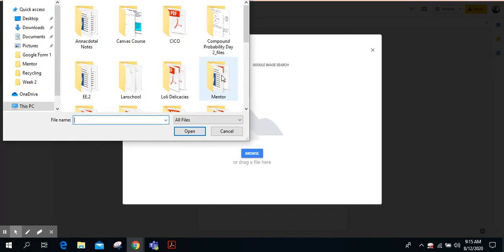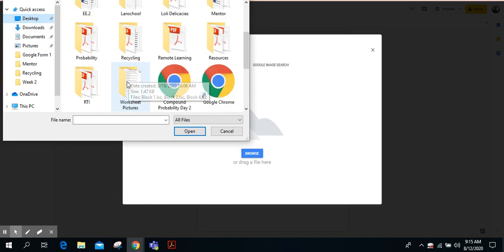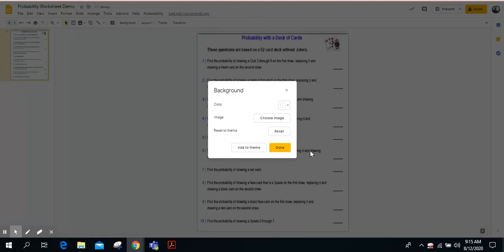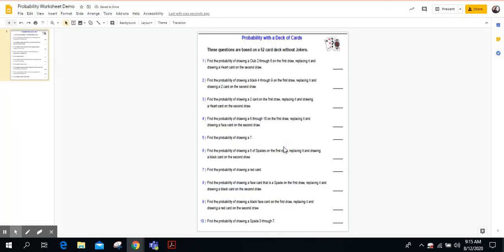What's important about making sure that your worksheet is your background is that students will then not be able to drag or click away the back of the worksheet. So I put done, and my worksheet is now my background. Notice that when I try to click, nothing happens. They can't drag it away. They can't do anything to it. So from here, all you really have to do